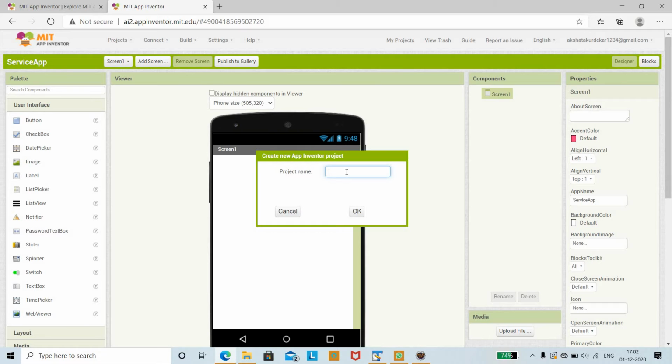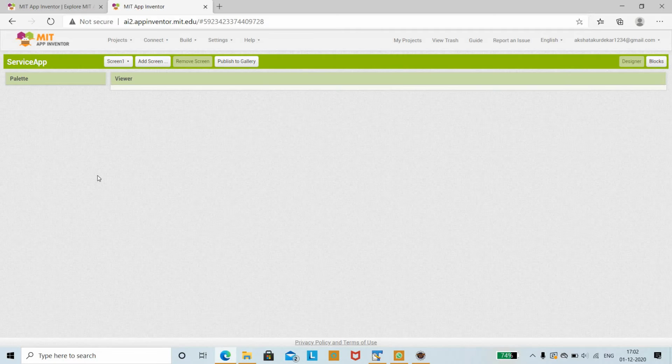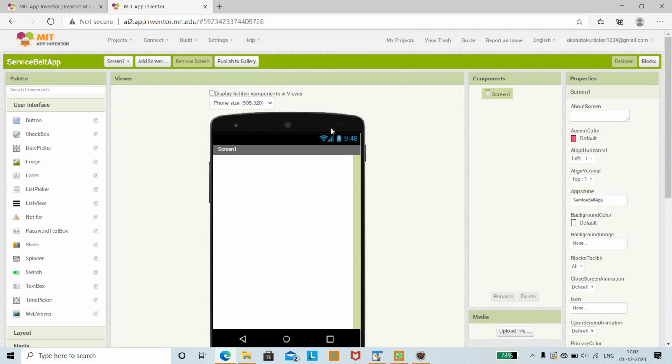So we are going to see how to build that app. For that, we shall give the name of the project as Service Bell App. So now click OK. Once you give the name of a project, you will be able to create a new app.